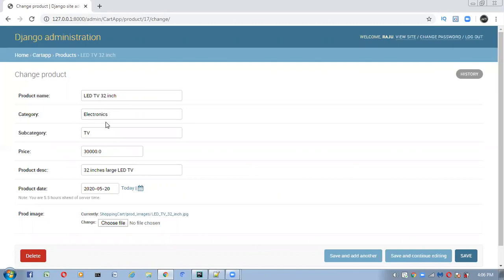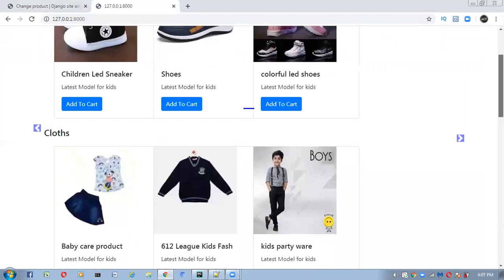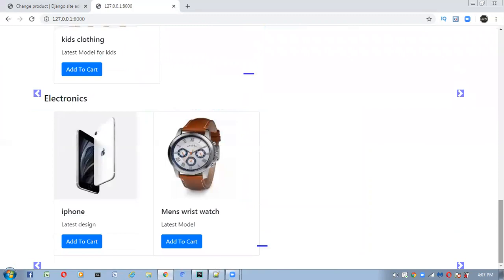Now go to our home page, and we'll check how we are getting all these products. Here the first categories are footwear, clothes, fashion, and kidswear, and here we have electronics.